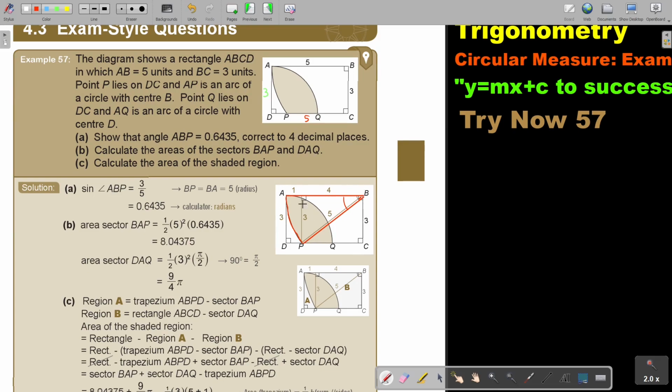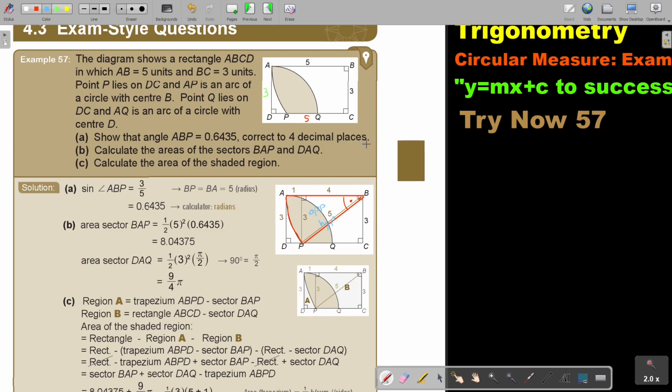If this is 3, then this is 3. There is my 90 degrees, so I can work with opposite over hypotenuse. So it will be sin of this angle equals opposite 3 over hypotenuse. Remember, your calculator must be on radians, and press shift sin bracket 3 divide 5, close the bracket, and approximate